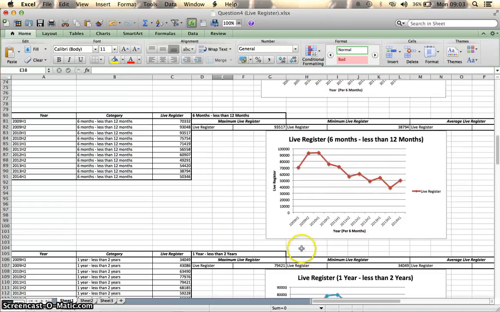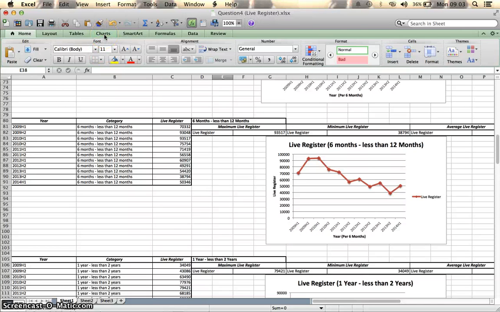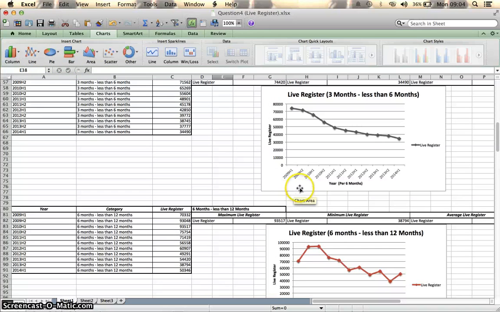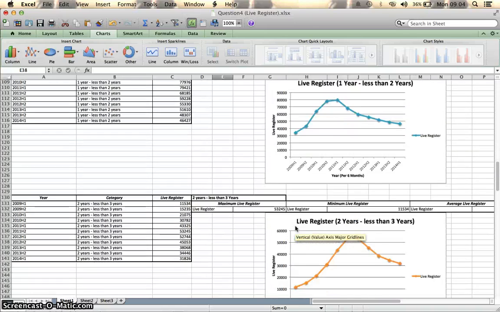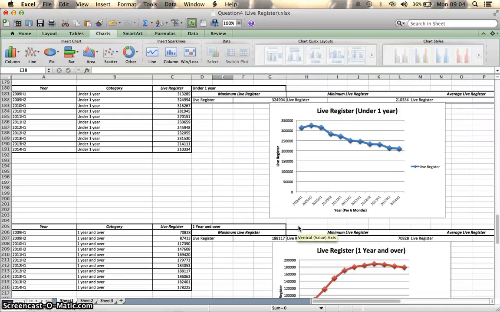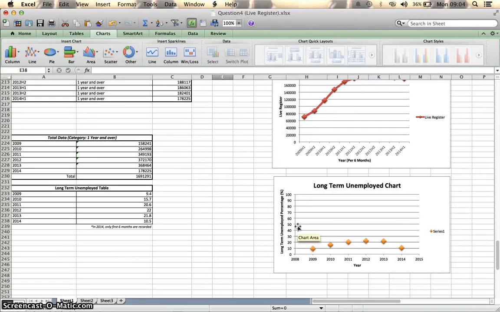And on this chart, for this data, which is the life register, I use the line chart to show more easily how it differs every year. See, from 3 years and over, and then there's all, from under 1 year, and there's also 1 year and over. And this is the long-term unemployed chart. So the long-term unemployed table is all the unemployed for 1 year and over. So I can create this chart by taking the total data for